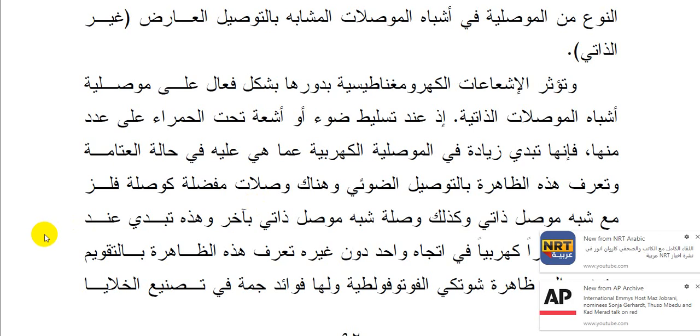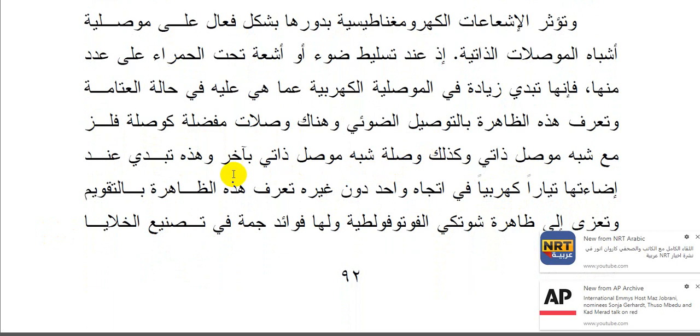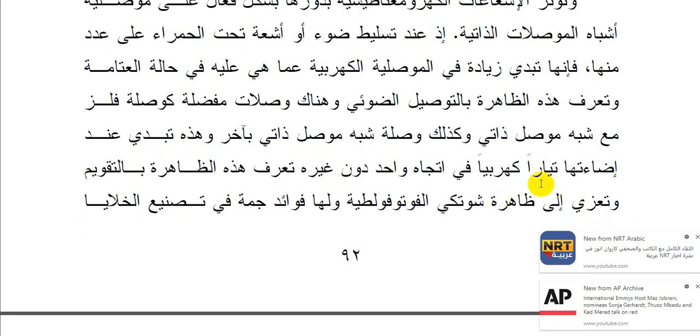There are many preferable junctions, such as a metallic junction with a self semiconductor, يعني وصلة فلز مع شبه موصل ذاتي, as well as a semiconductor with another semiconductor, which display resistance, يعني تبدي مقاومة, when they are electrically illuminated by an electric current unidirectionally, other than many elements as they are.